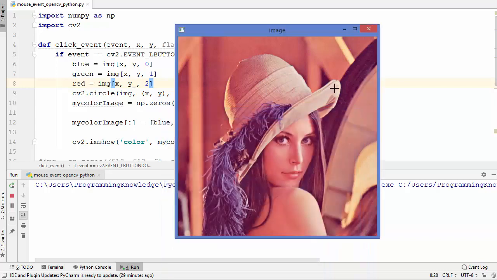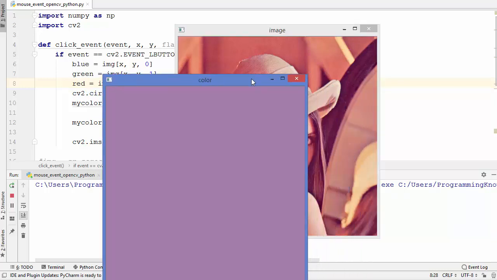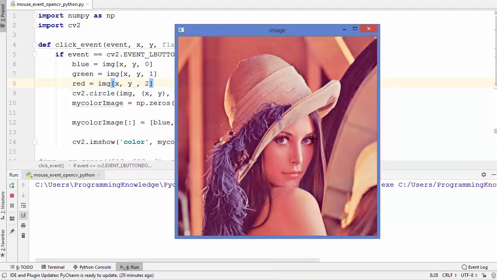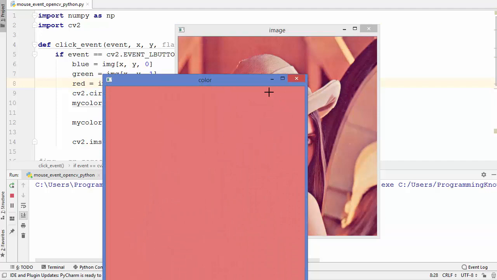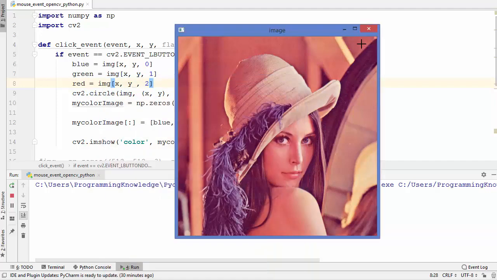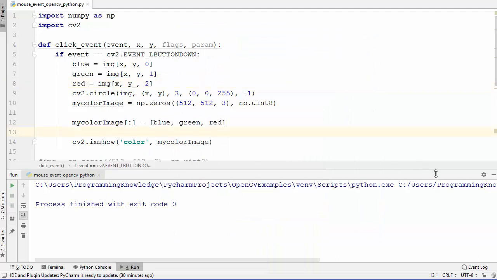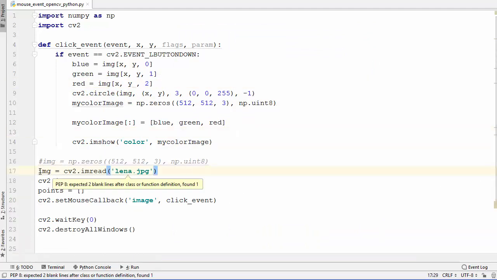Let's click here on the hat. You can see it's going to give you the same color on which I have clicked. Let's click on the eyes, and you will get the same color on which I have clicked. Let's see what happens when we just load a black image instead of this colored image.